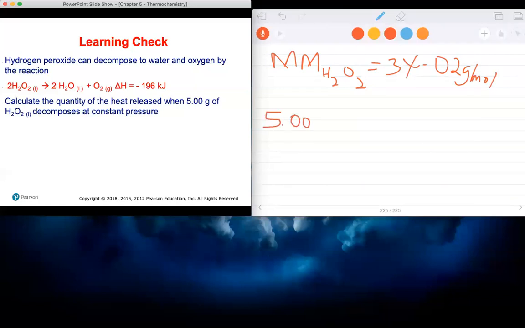The number of moles in 5 grams of peroxide, using the molar mass as a conversion factor: 34.02 grams of peroxide. This is 1 mole of peroxide, like that. Now, from the thermodynamic equation here,